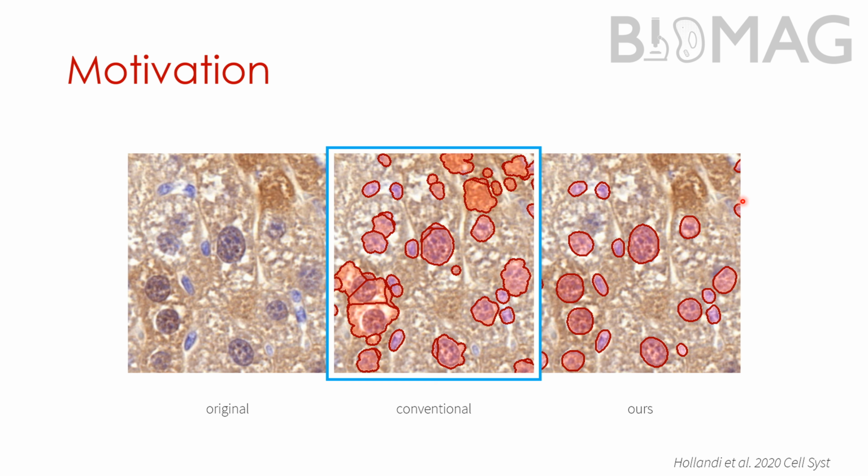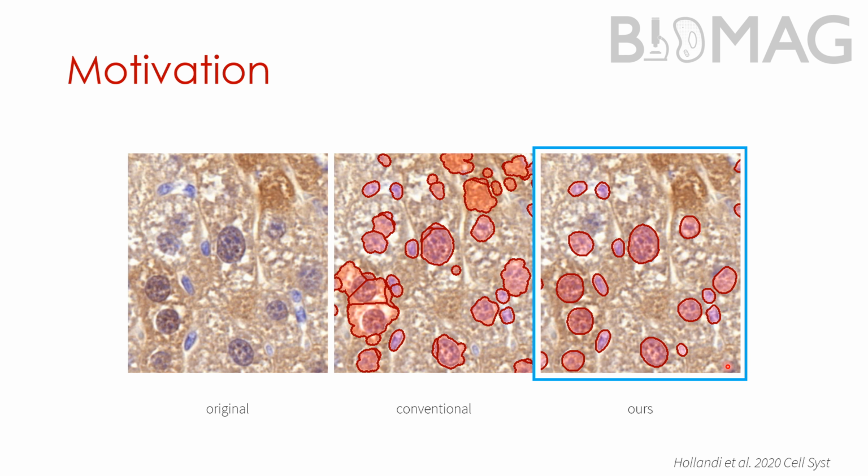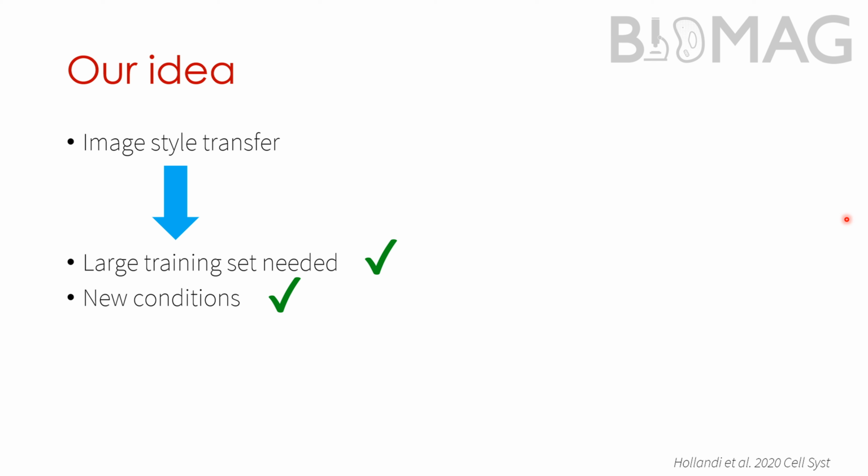But for our method, it looks much better. We can see that most of the objects are nicely detected, and also the contours look accurate. So with this synthetic image generation approach, which is called image style transfer, we can satisfy two important aspects needed